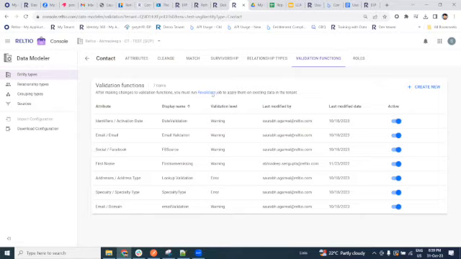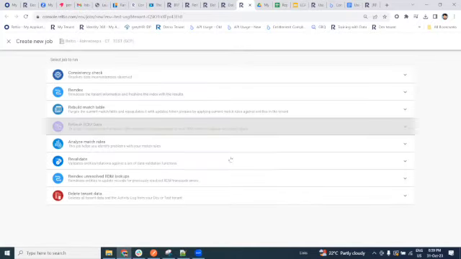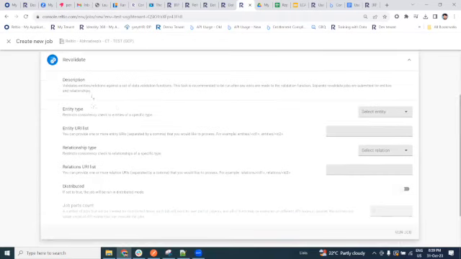For this, we need to run the revalidate job, and you'll find the link on the validation function page itself. You come to this job page, and the revalidate job page has now been enhanced to also include relationships. Earlier you could only see entity, entity type and entity URI list, but now the relationships have also been added. So if you create a validation function for an entity and you want to run that validation function on all the existing data, you select the entity for which you want to do it. Similarly for the relations,